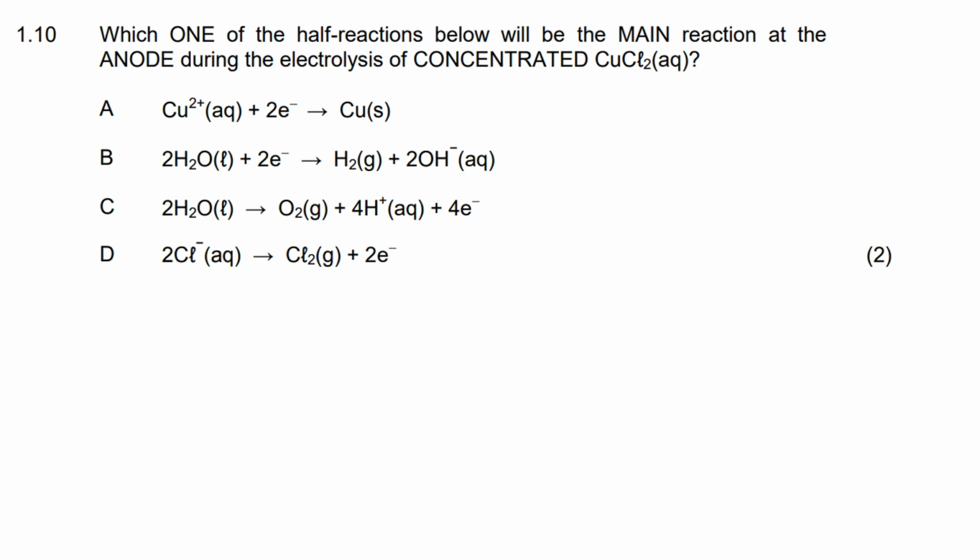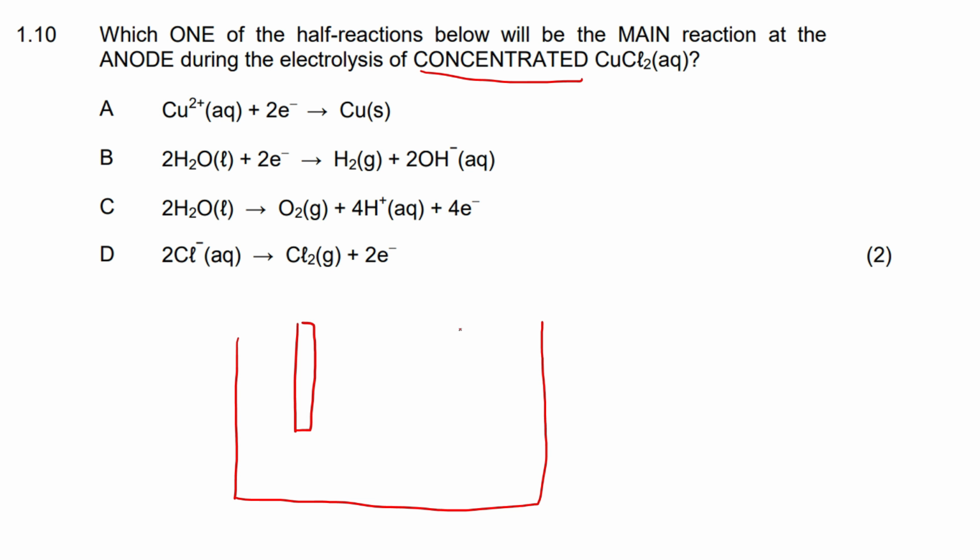Which one of the following half reactions below will be the main reaction at the anode during electrolysis of concentrated copper chloride? So if we have an electrolytic cell, we've got 2 electrodes, typically made of carbon. Okay, and then you've usually got a battery source because it's electrolytic. So let's say that's the positive, that's the negative. And then you've got